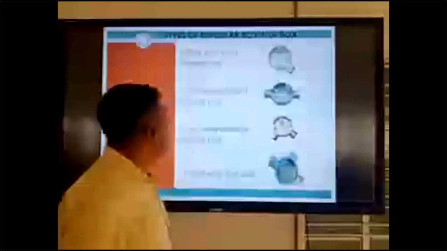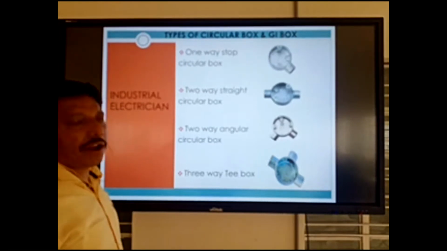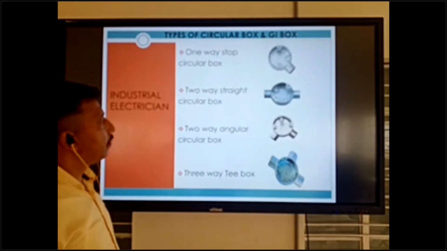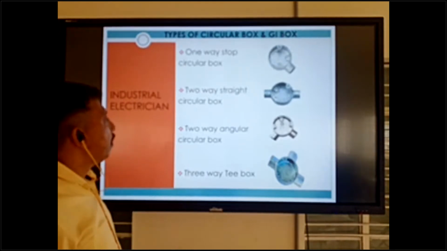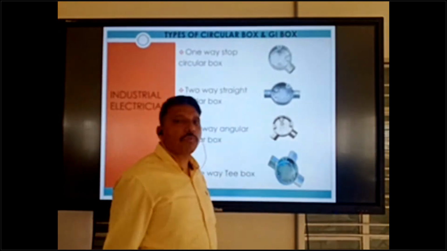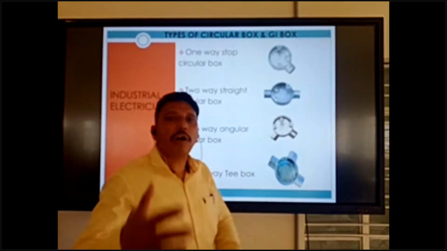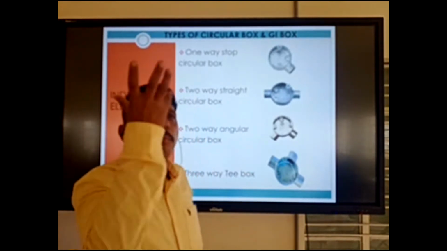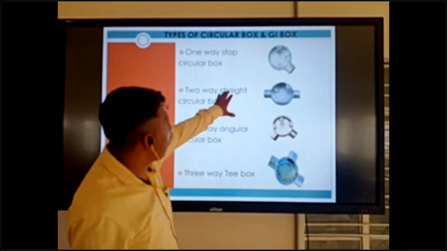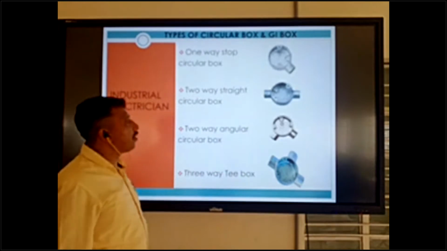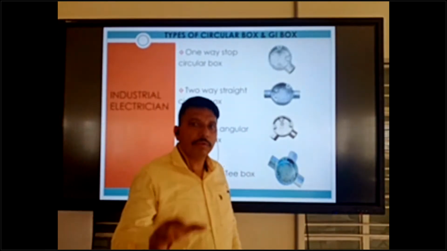Recorded. Okay, so next one is types of circular box and GI box. These types of box we can use in the route of the conduit and to make the point for the equipment or device. This type of box is used to make the route of conduit.